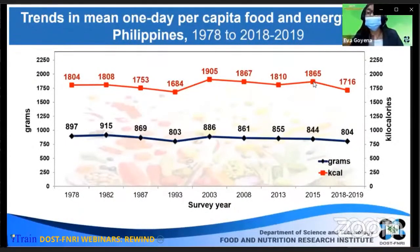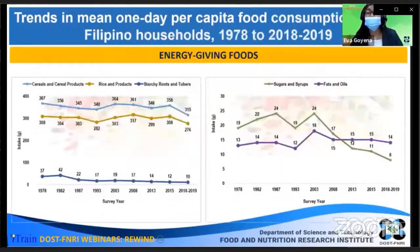Yes, this one, 1,865 calories in 2015 to 1,716 kilocalories in 2018 and 19. This one is the trends in the daily per capita intake of the major food groups among Filipino households. If we look at the energy-giving foods, decrease were noted in the per capita intake of rice, denoted by yellow line, cereals in blue line, and root crops in dark blue,